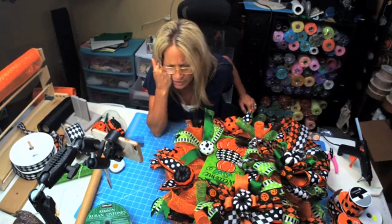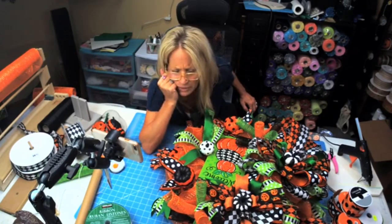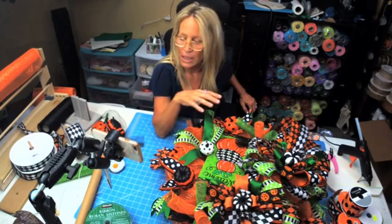Are you finding you are waiting to add rolls and doing the bow and ribbons because you don't need them all over the wreath? Are you finding you're waiting to add rolls? Yeah, Dion. So